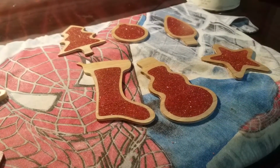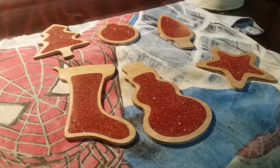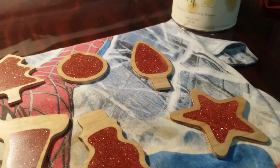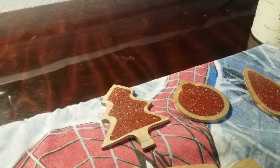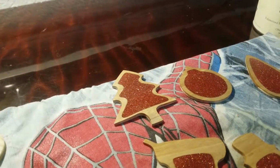Well, the first coat of Tried and True has been applied. I'm going to let this soak in and dry for about an hour, then I'll apply the finish to the side and the back of the ornaments. Then I'll let them dry overnight, and tomorrow I will repeat the process. I will probably end up adding 2 or 3 more coats of Tried and True,